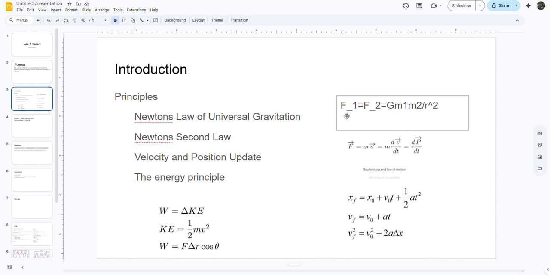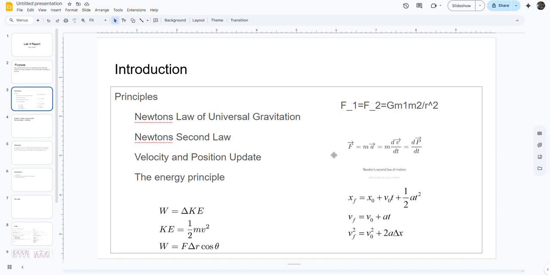And then Newton's second law, with momentum and law of motion, where you have force equals mass times acceleration, which is equal to mass times the change in velocity over the change of time, which is equal to the change in momentum over change of time. And the velocity and position update formula used here, and then also the energy principle,